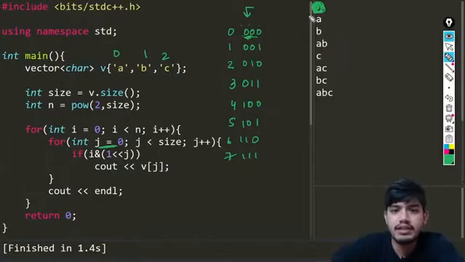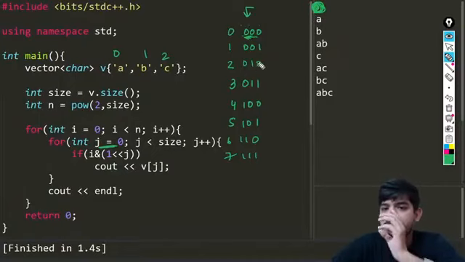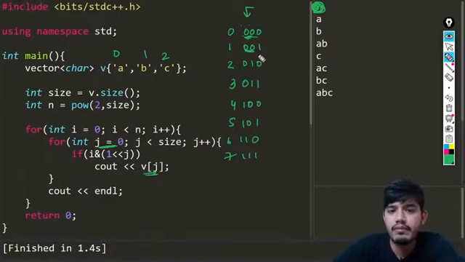So that is there, and now what is the next task? The next task is this one, for the 1. I'll have this one, and you can see we have got j equals to 1. We have already got one set value. So for this I'm going to print my v of j, which is nothing but v of 1. This starts from 0, because this is the 0 bit. So we have got v of 0 printed now, and v of 0 is nothing but A. Okay, this is A here.